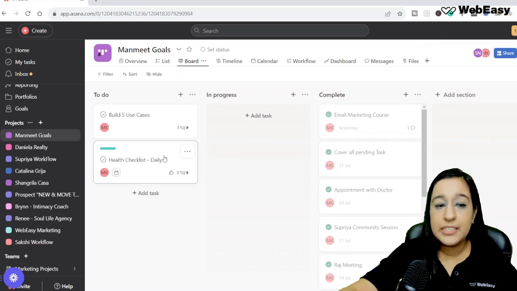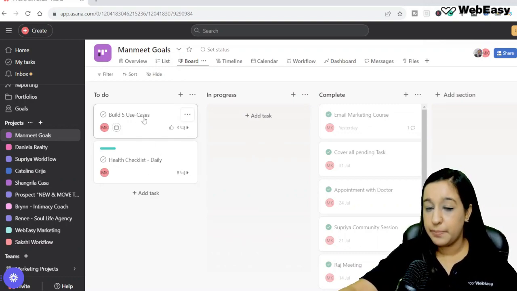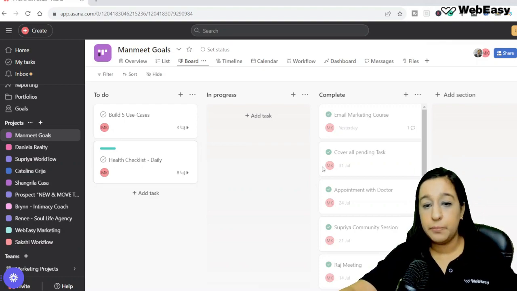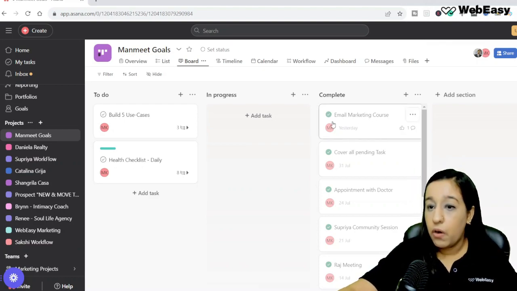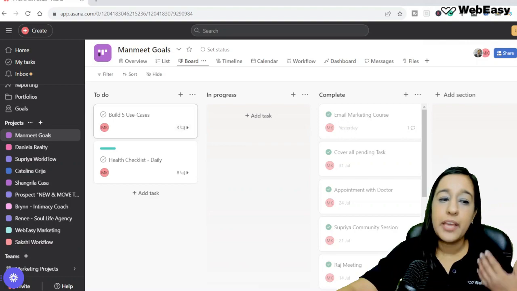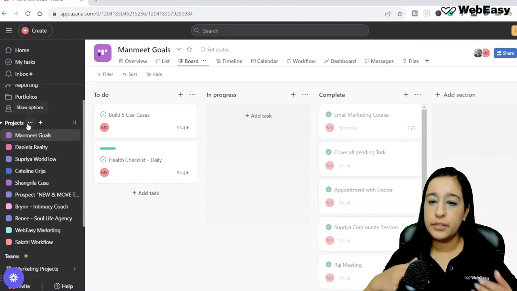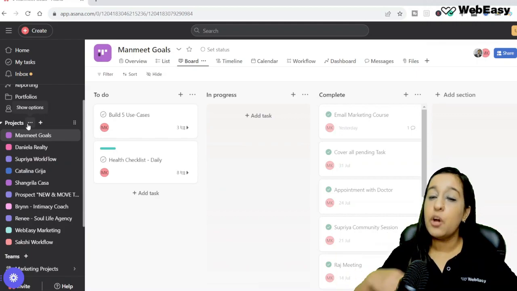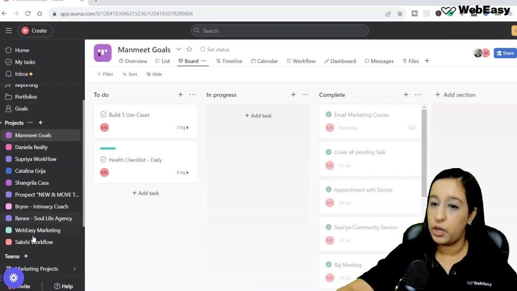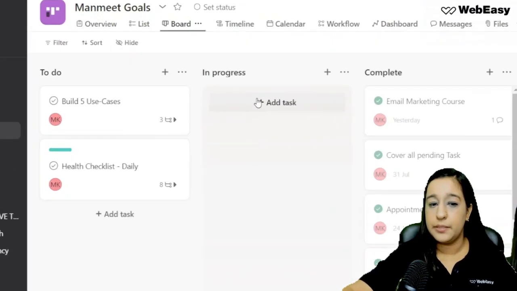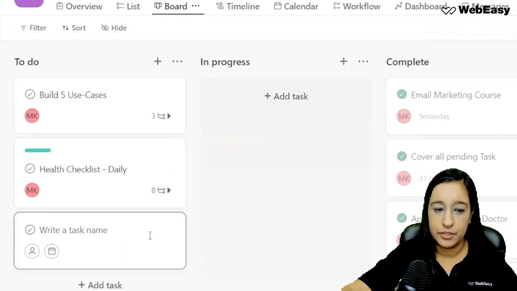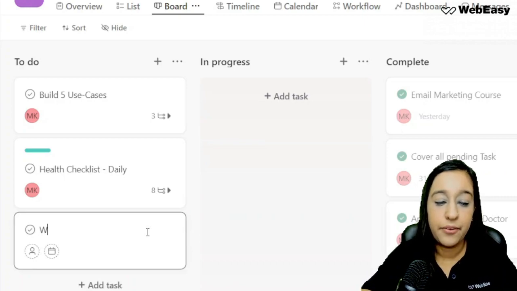So what I do is I tag here what I'm supposed to do, when am I supposed to do, what date I have to complete it to, and all the tasks that are to be done. So what you can do is you can just create a project for yourself if you want to, if you don't have a very big team, or all your clients can become your projects, and that would become easy for you. For example, if I am to add a task, I will add a task here, and let's say write